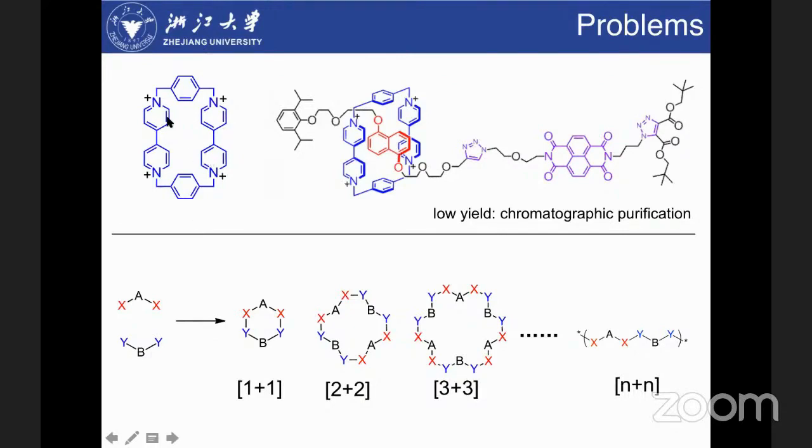For example, if you want to make this macrocycle, you can see we can make this compound. We want to make the blue box, but actually we get a mixture of all kinds of oligomers and polymers, and then we have to run columns, right? We have to use a template, and we have to remove the template. This is just like a pain, right? So how do we avoid this column thing?